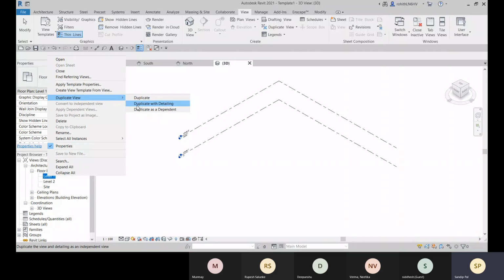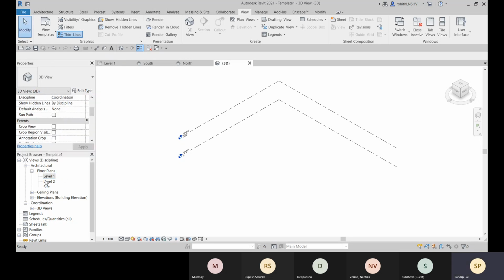The model elements and your annotation elements will be duplicated. And if you choose duplicate as dependent, this will be dependent on this original view. So if you change the discipline for that view, that dependent one will be changed as well. So that is dependent.